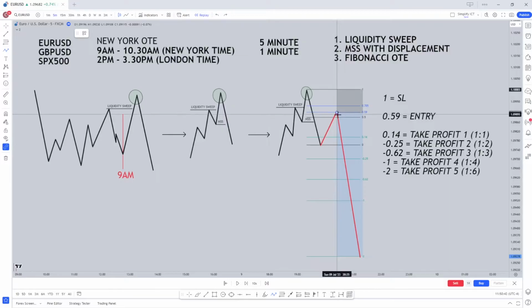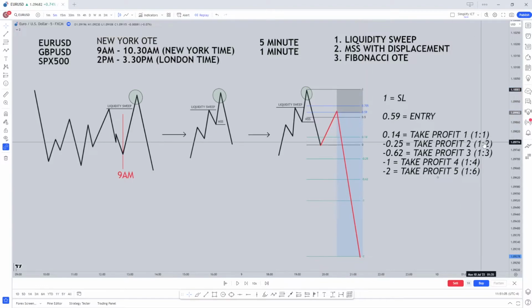Why? Because price will give you a run to the downside over here, stop just short of the 0 level where your take profit is, and the price could reverse in the opposite direction. So you're once in a winning trade, and then price ends up stopping you out at break even. And I know this has happened to some of you guys, a lot of you guys actually. So that's why I've set the first take profit at a set 1-to-1 risk to reward ratio at the 0.14